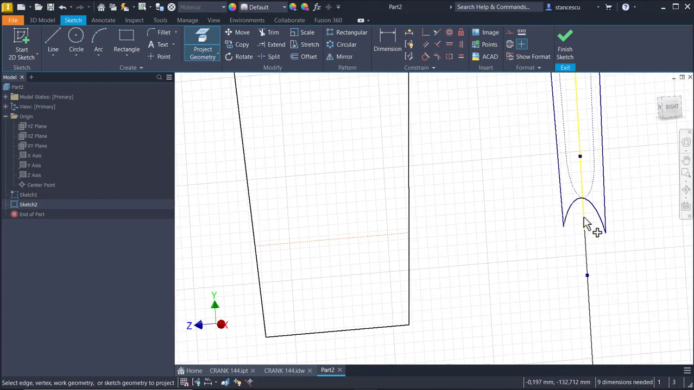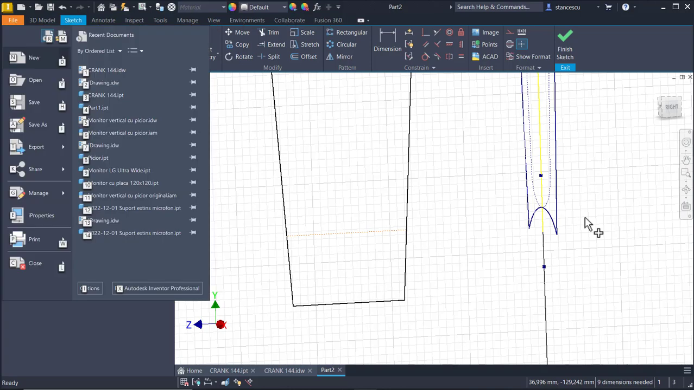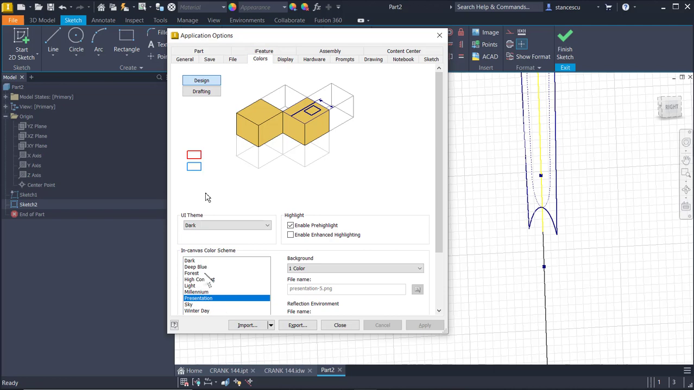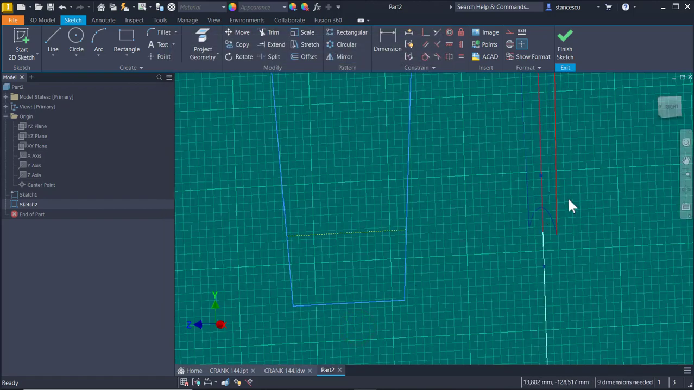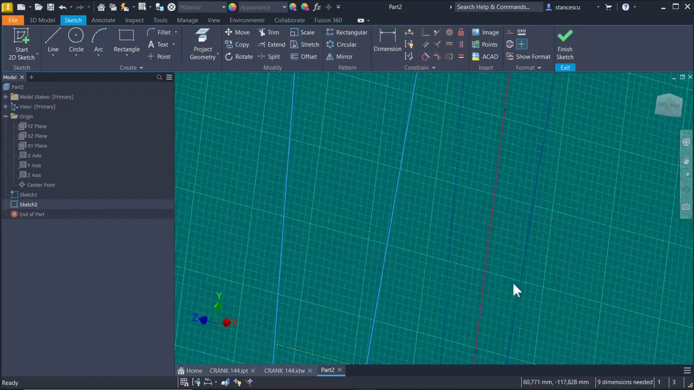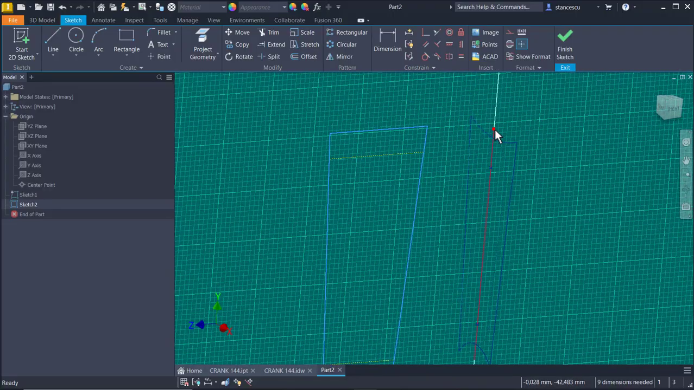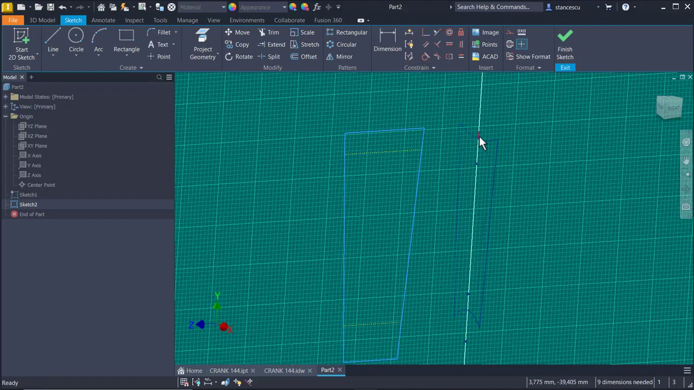You see a yellow line here. I can apply Alt F I to see the application options and to change the colors to forest. Okay, now you see better, I suppose, the two lines. I don't like this, I eliminate it. I like this one,